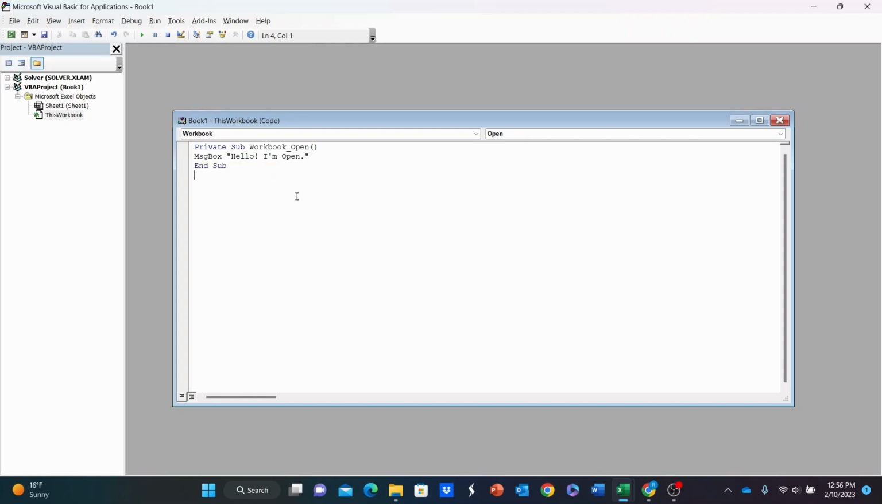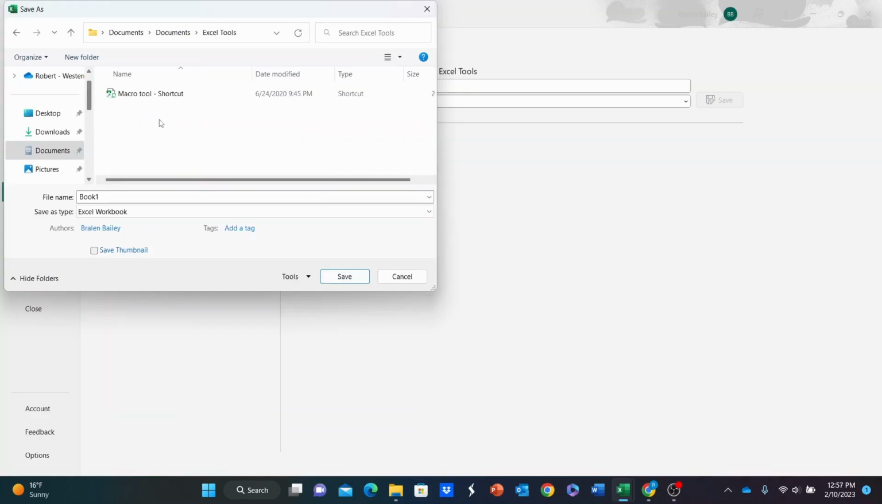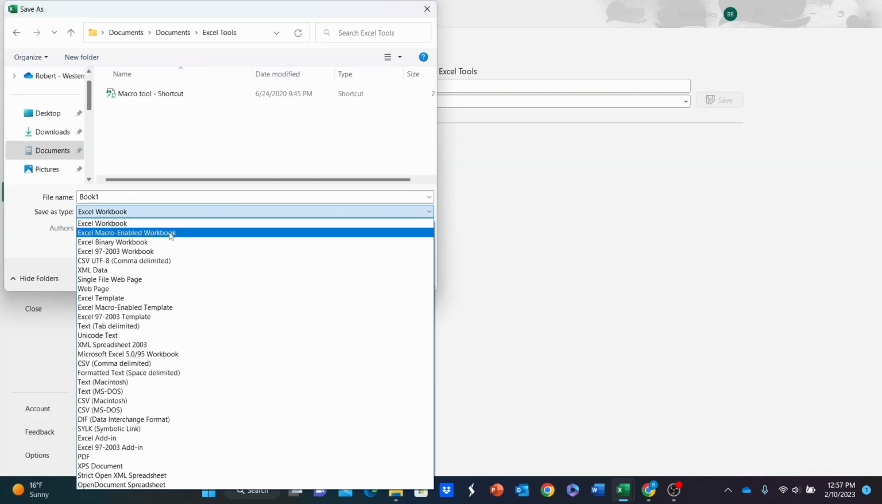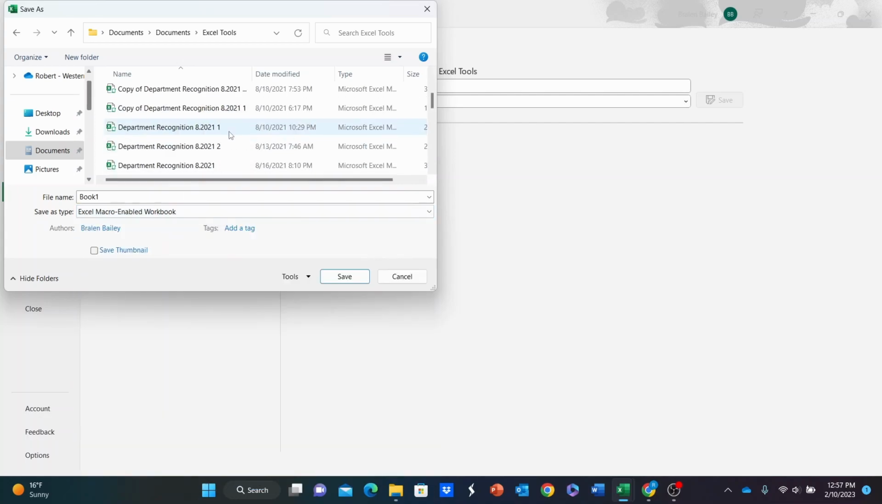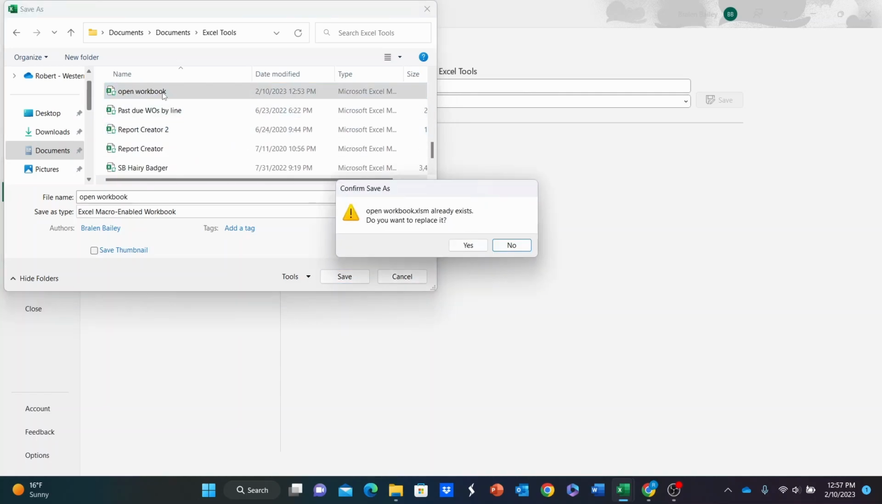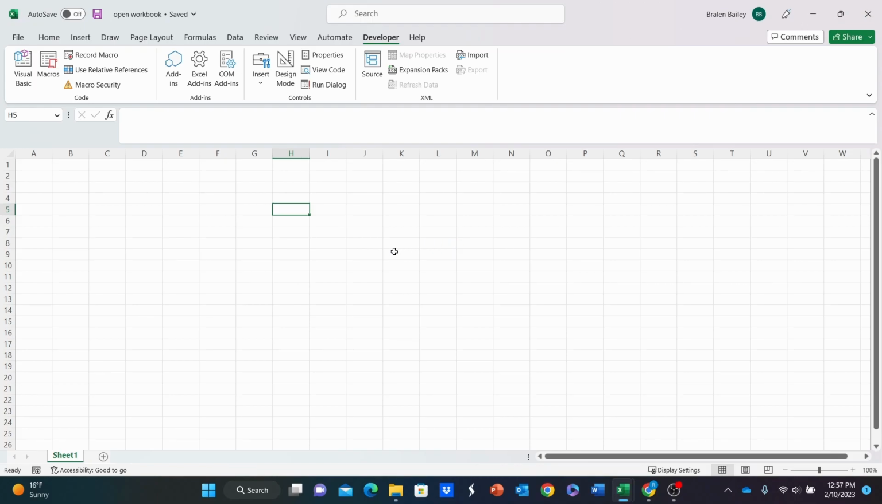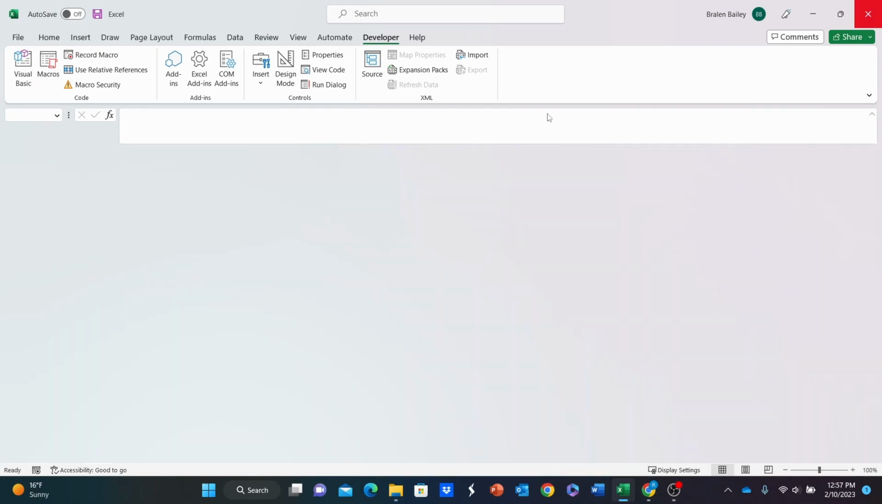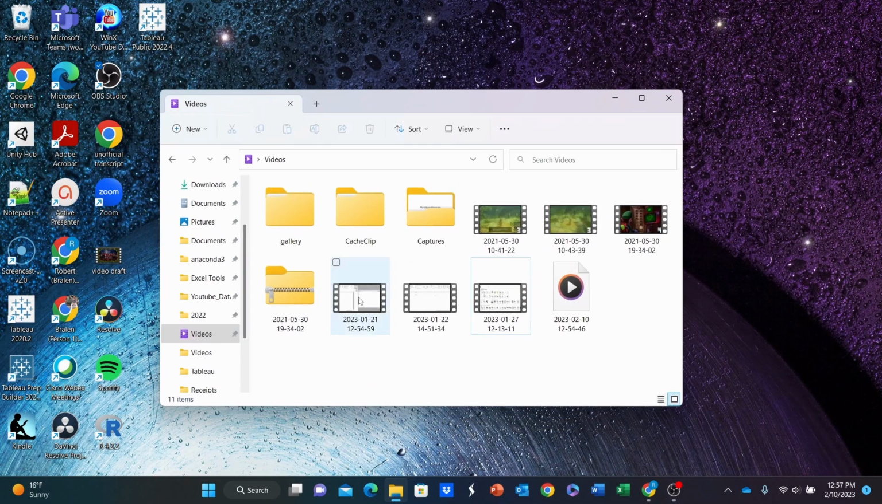And now what we'll want to do is go ahead and save this to Excel tools, and then we'll save this as a macro-enabled workbook, and we're going to save it over a workbook that I already had here. Open workbook, yes. Okay, so now if we close this and then we go back into it,